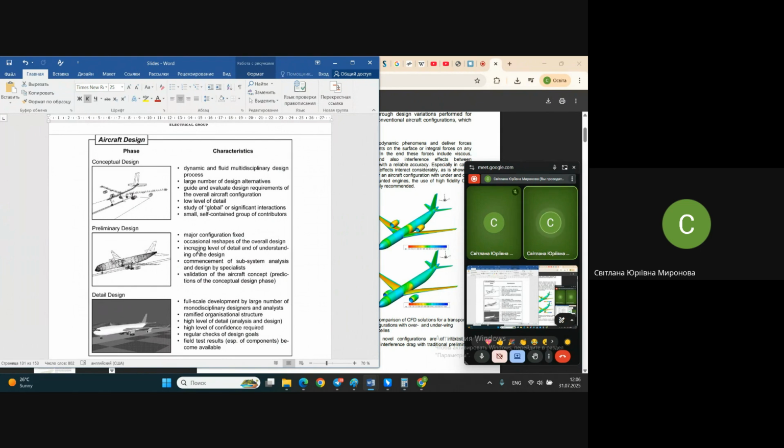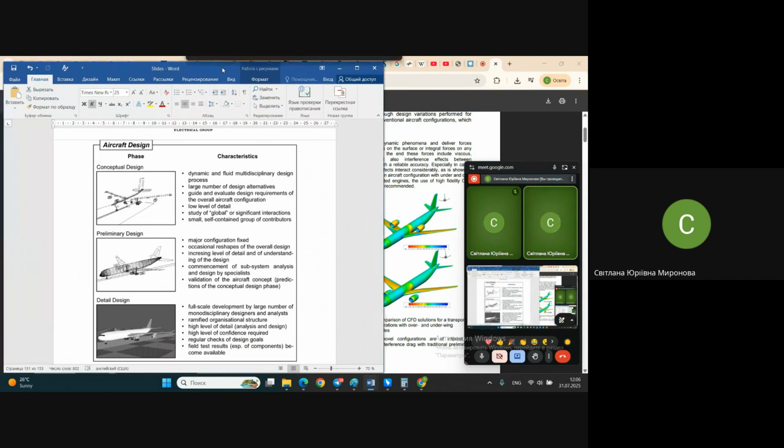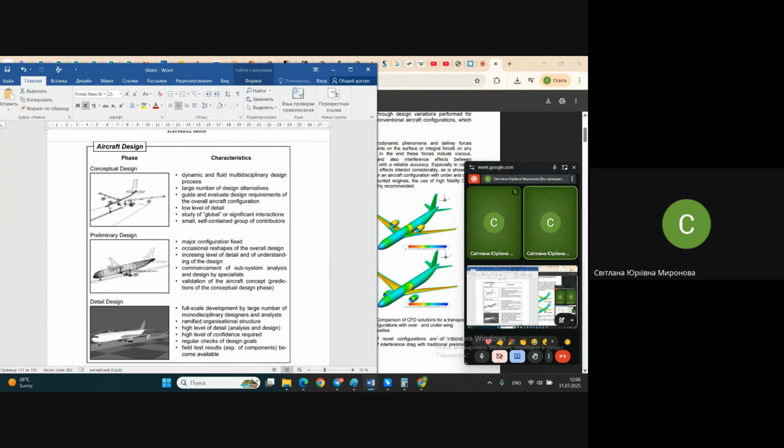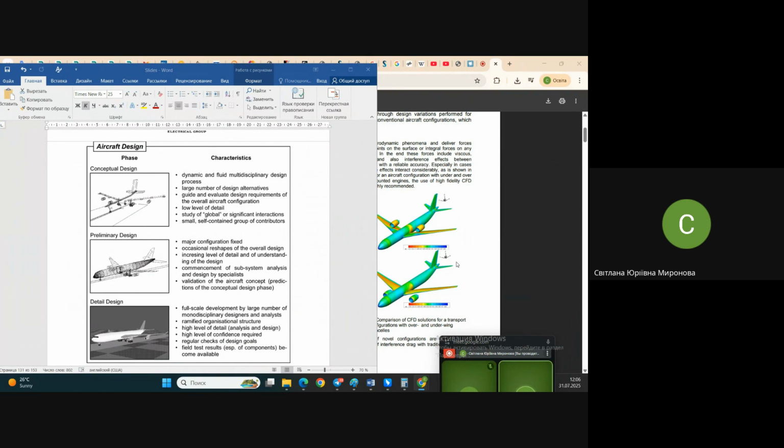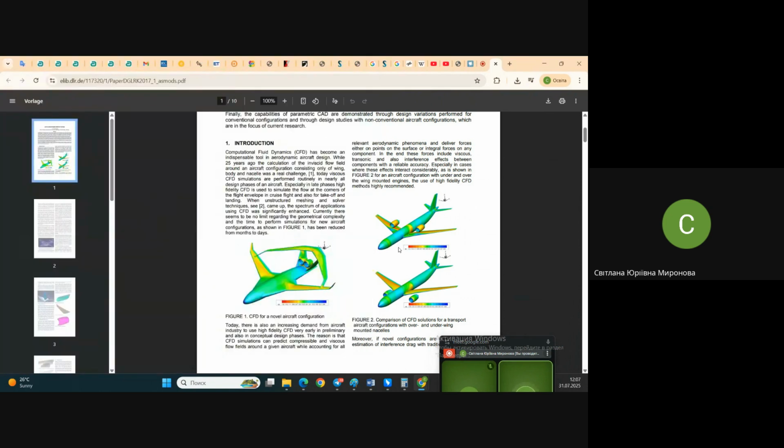And after that the airplane looks already like the whole airplane. You might see here the computational models for aerodynamics, for analyzing different variants of concepts